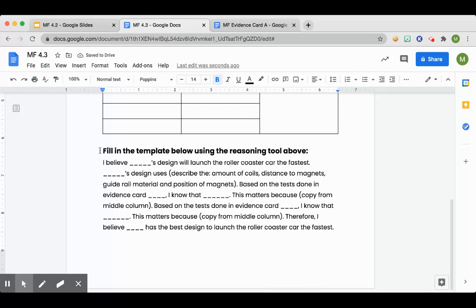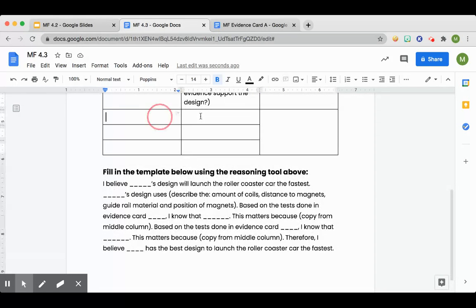And then you'll fill in the template using this. So this will also be part of your grade, making sure this is complete, and then this will be the chunk of your grade to make sure that it's completed correctly. So I believe